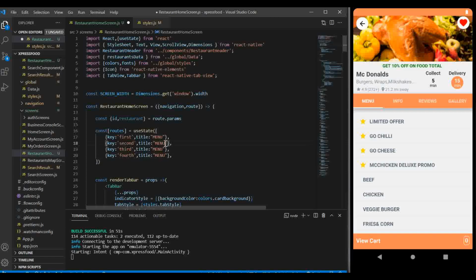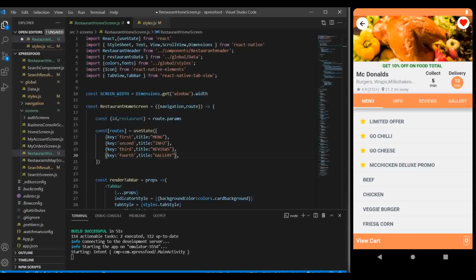And here it's gonna be info, and it's gonna be reviews, and finally it's gonna be gallery. Okay, we have created this,